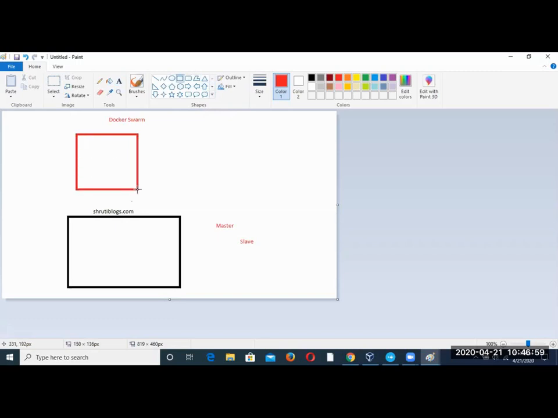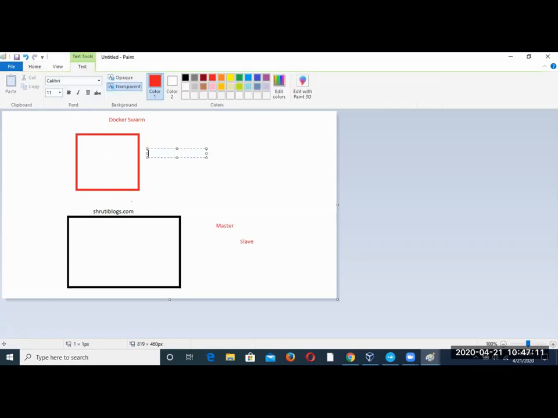For the master container, you can say. And in this, I would be publishing the service. So what service I have published is at 8080. On 8080, I published shrutiblog.com.